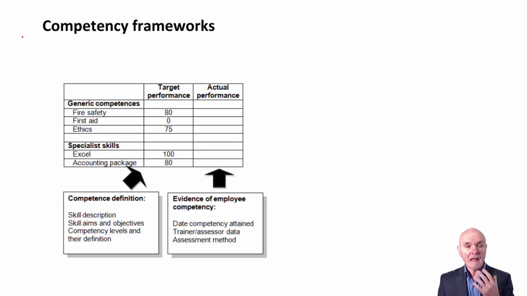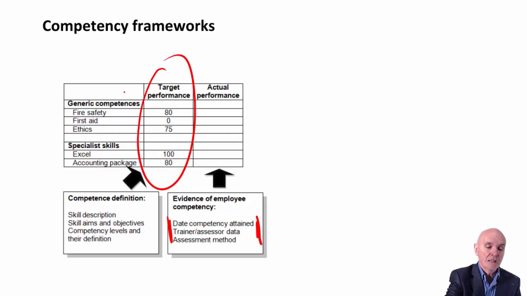And then what happens, maybe the manager gives you your actual performance. So here we have trainers, managers, colleagues and so on. They will make some sort of judgment about your actual performance, and there is a kind of target performance for you to get to. So it says, right, you've hit everything you need to do on Excel, you're absolutely fine on that, all over it, but actually you're not really very good at doing presentations. Maybe what we'll do is we'll send you on a public speaking course to try and raise your actual performance towards what the target should be.